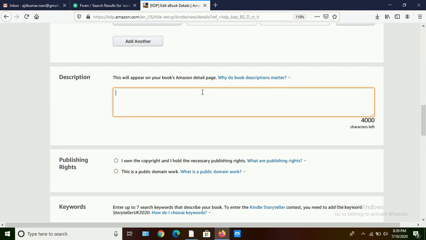Then give some description about your book. I will give it as should become a millionaire in 2020. Try to avoid spelling mistakes.